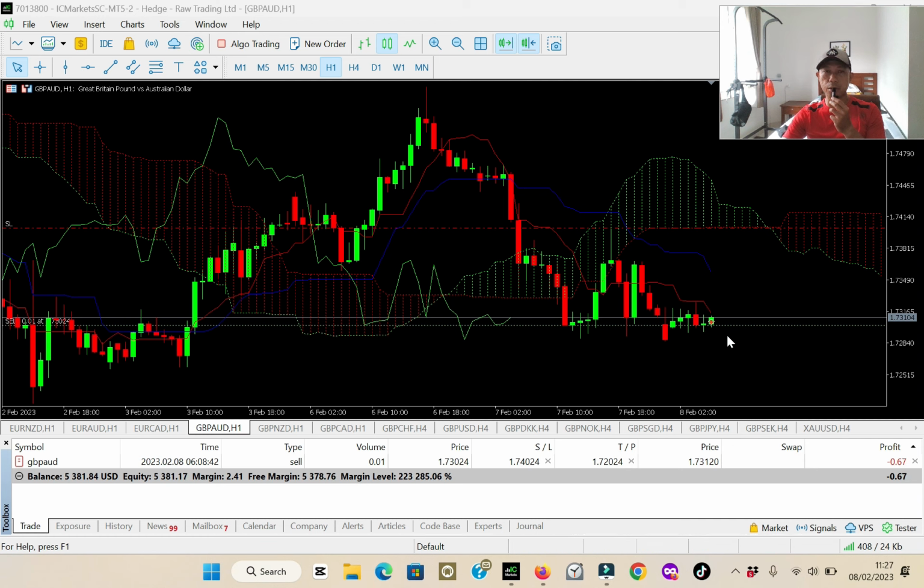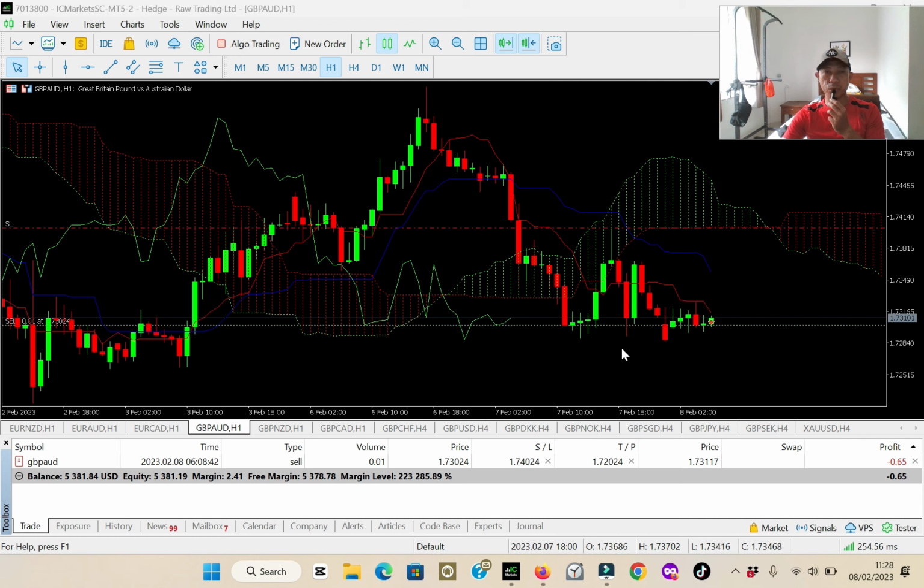This is the green line, the price where I took the position. Okay, I took sell, and this is only 0.01. This is really small. So take profit level is 100 pips and stop loss is 100 pips. Okay,